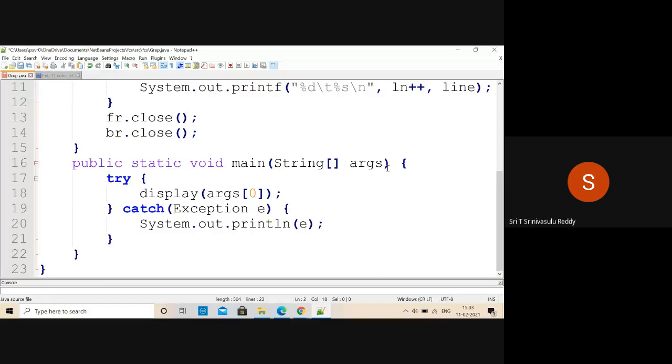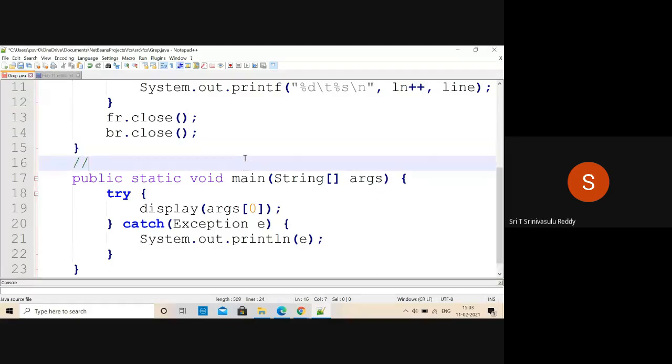Now, what are you going to get here? Arguments. The likely usage is going to be like this: java, followed by grep. This is the actual command. And after this, what you want to search, the search word.